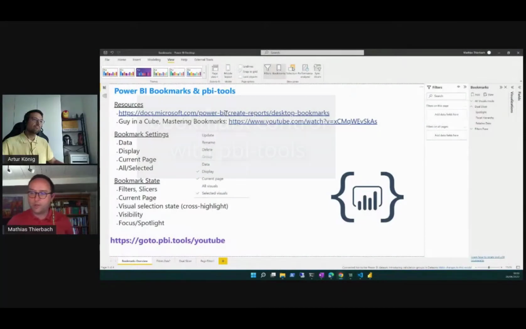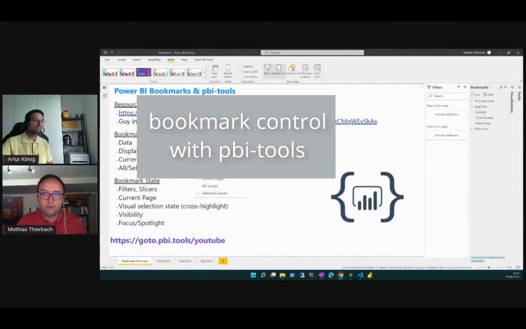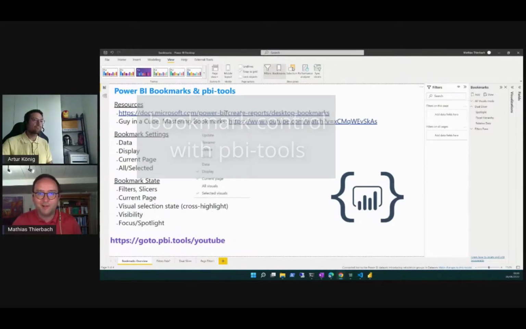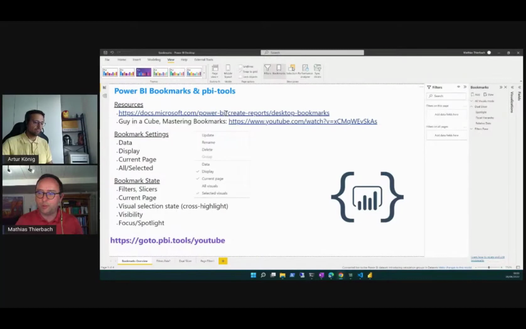What I want to talk about, however, is how bookmarks look from underneath. So what's the JSON markup we're getting for bookmarks, and what can we do with that? How can we interpret it? Just as a quick recap,